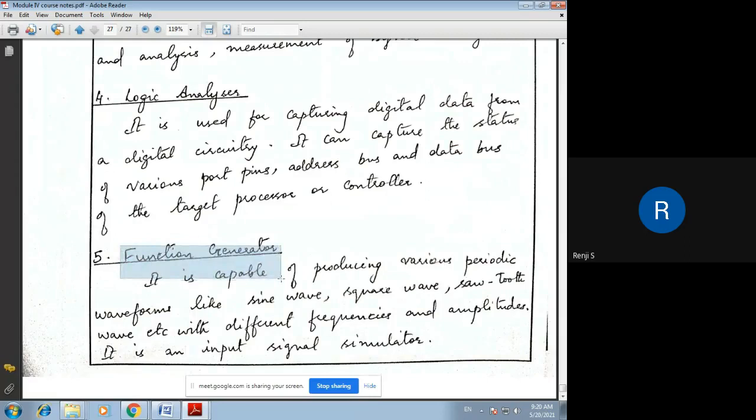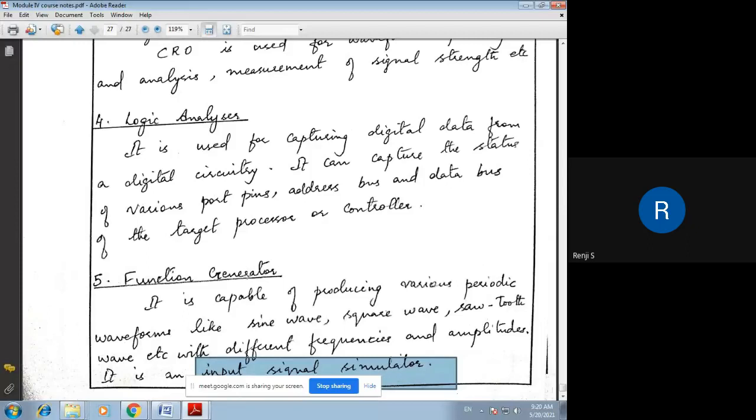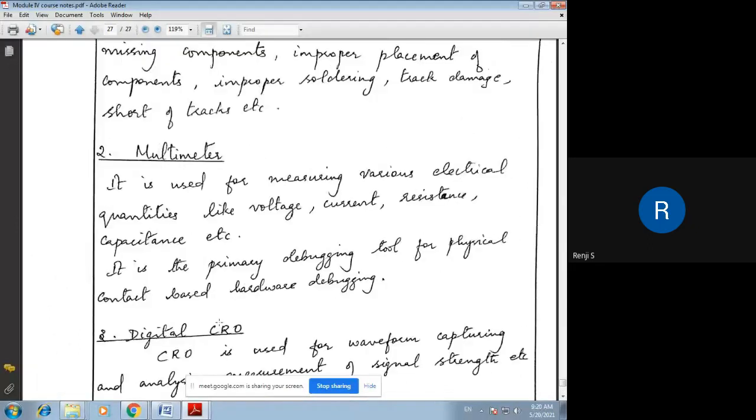So the function generator is used for simulating input signals, and it can produce various periodic waveforms like sine wave, square wave, sawtooth wave, etc. We can even test at different frequencies and amplitudes, and hence it is an input signal simulator. Okay, so these are the 5 different